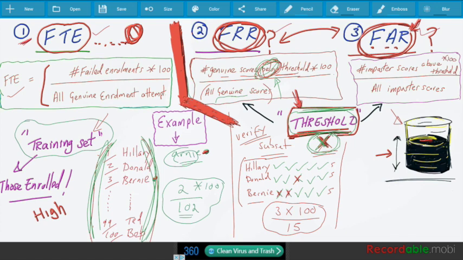So FAR. This time we're the imposters. Remember our anonymous looking figure that I tried to draw in the last slide? What we're going to do now is try to be the imposter. Now remember, the threshold needs to be the same threshold that you used for the false rejection rates. If you don't use the same threshold, the experiment can't really tell you very much, because you know the false rejection rate at a certain threshold and then the false acceptance rate at that same threshold